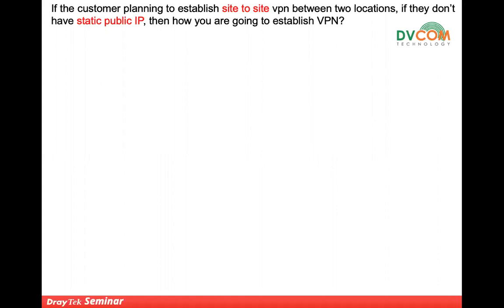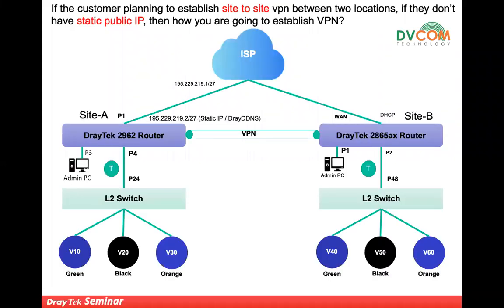As I told you guys, it's very simple. Even if you have a PPPoE connection, nothing to worry about. You just register one side with the DreDDNS, and on the other side you can use the dynamic public IP. If you see here in my topology, there is a site A and site B. For site A, you can use a static public IP, which you get with a leased line. In case you don't get a static public IP, you just register with DreDDNS on one side. On the other side, if you are getting an IP address dynamically, you can call it a DHCP public IP. So nothing to worry about.